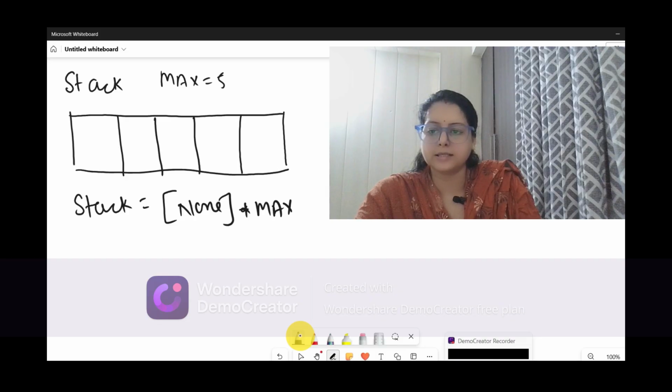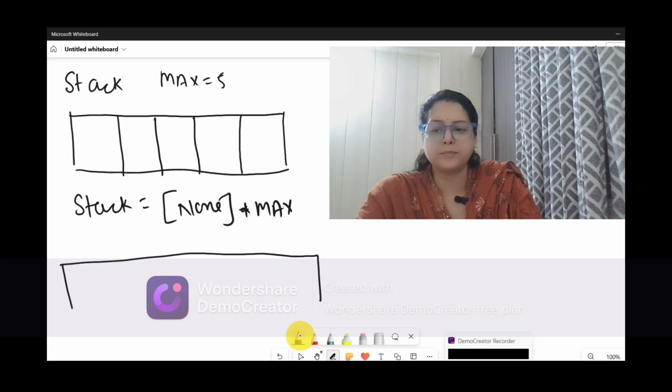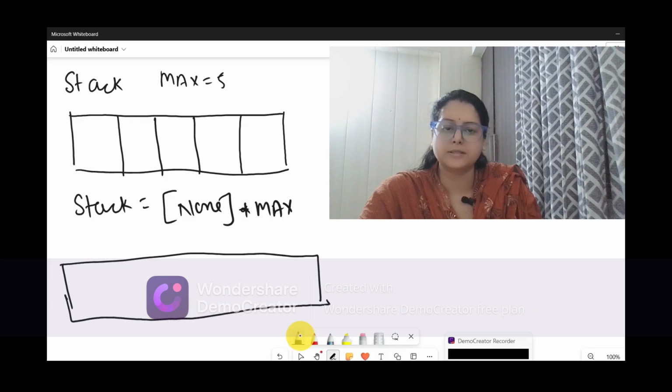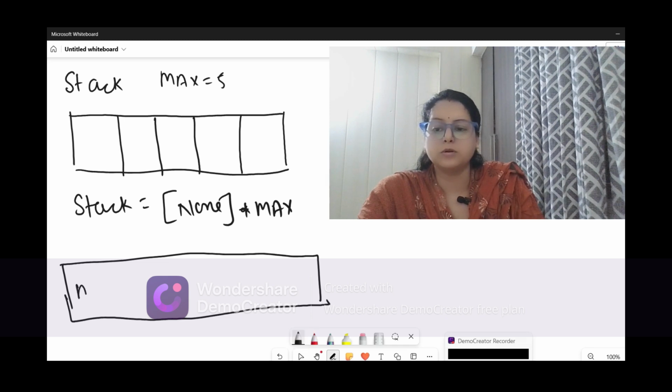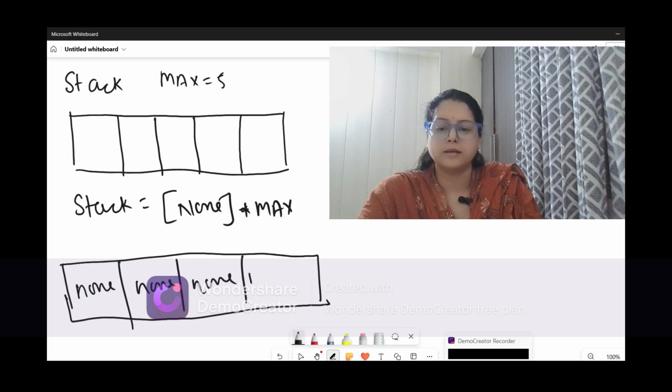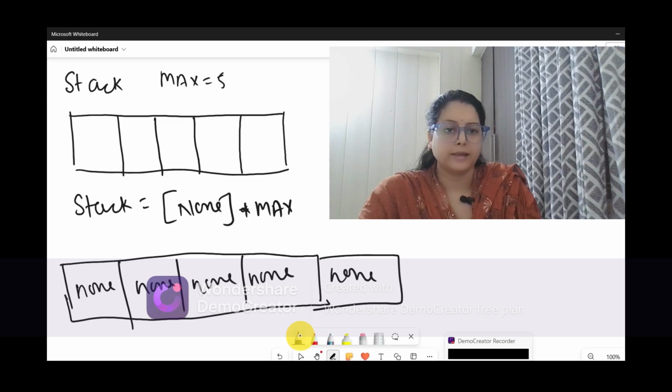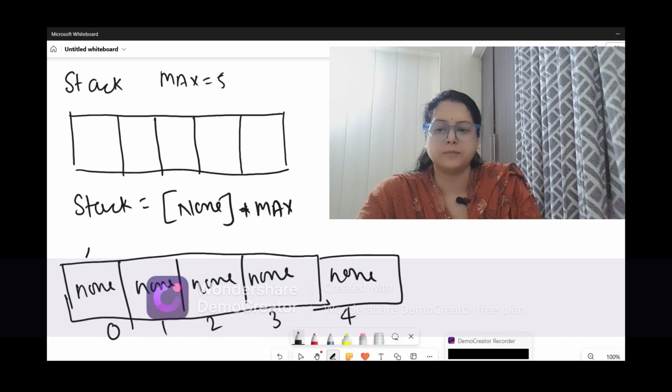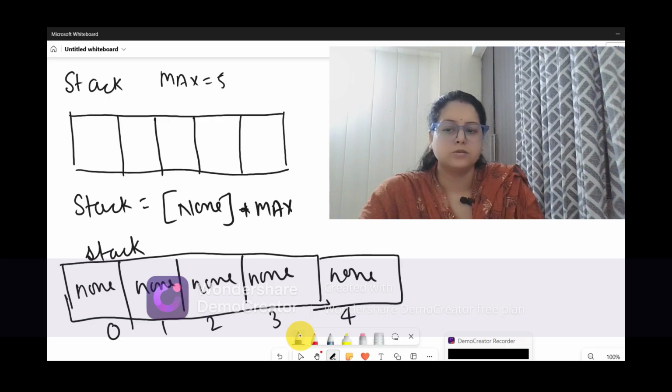So this will be like this internally, so that no garbage can be inserted by the Python garbage collector. This should not be done, because we have booked the space. We want the space to stay booked until and unless we are filling the value. So this will look like this: None, again None, None, None, and the fifth None. This is how we want our stack for the time being. And these are our indexes 0, 1, 2, 3, 4, and the list name is stack only. So this is how the internal structure has been made through these lines.